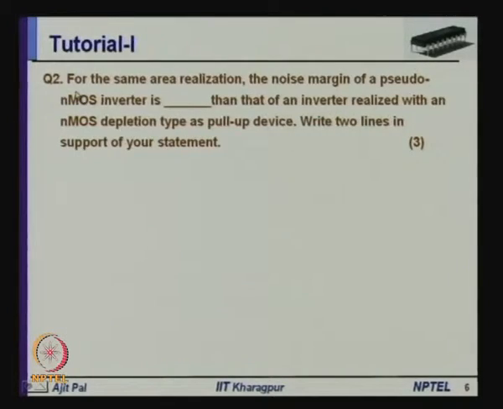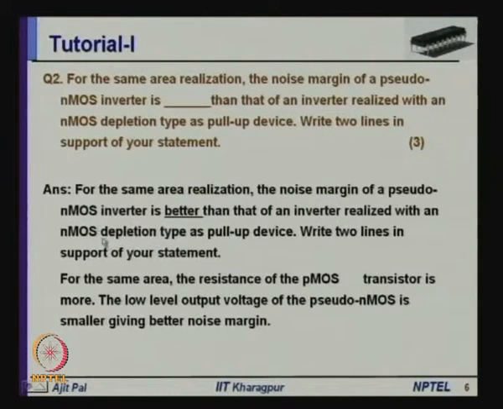Then coming to question 2, it was for the same area realization, the noise margin of a pseudo NMOS inverter is dash than that of inverter realized with an NMOS depletion type as pull up device. Write 2 lines in support of your statement. First you have to complete your sentence. For the same area realization, the noise margin of a pseudo NMOS inverter is better than that of inverter realized with an NMOS depletion type as pull up device,